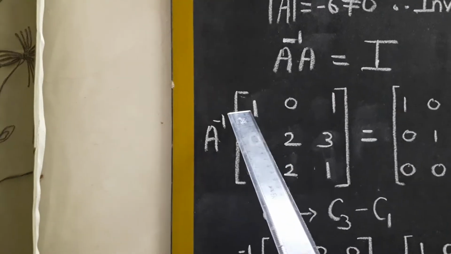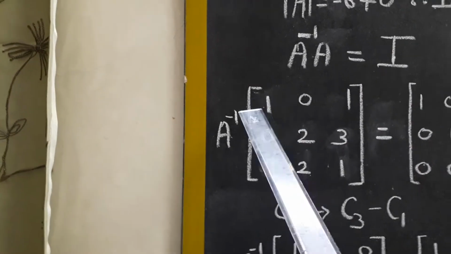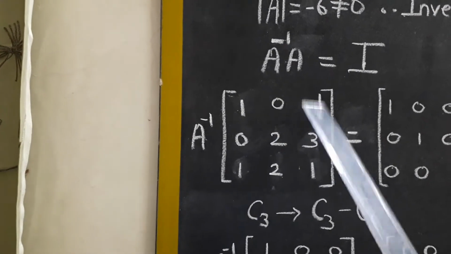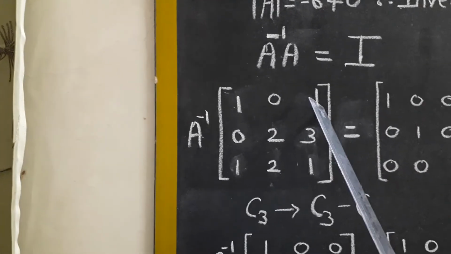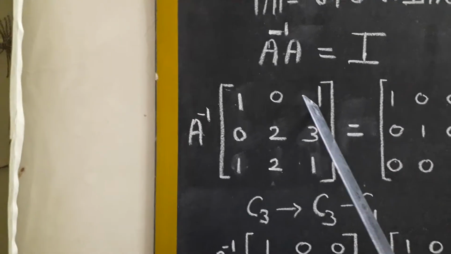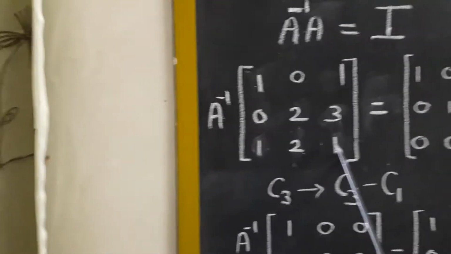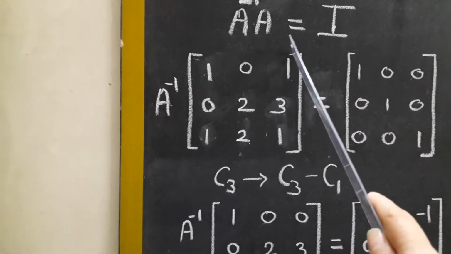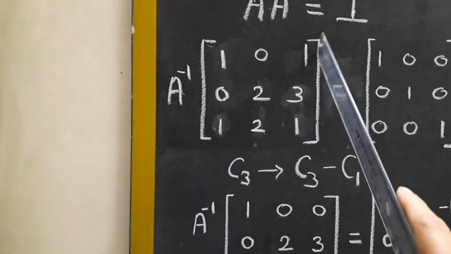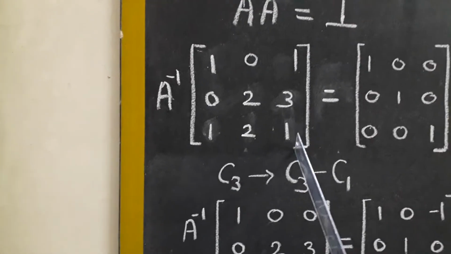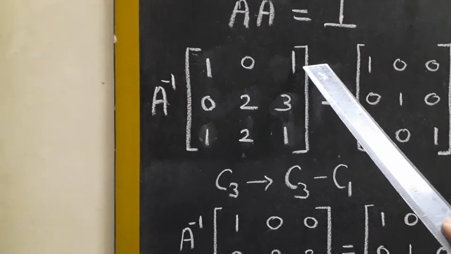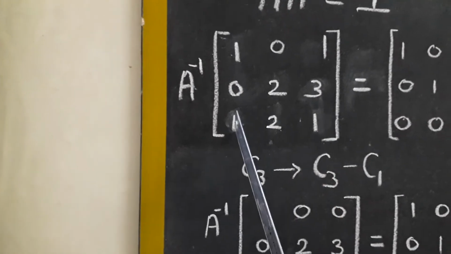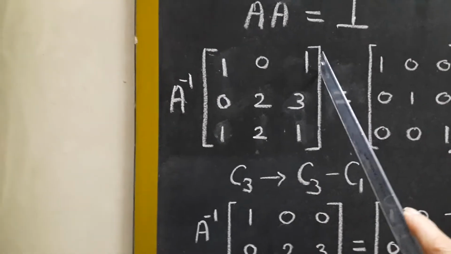Now, we will start with actually completing the first row. To complete the first row, you can see 1 is already there, 0 is also there, but now we have to bring 0 over here. The column we are going to convert to 0 is the third column. So we have to change the third column, and the row we are completing is the first row, and that is why we will make use of the first column to change 1 into 0.